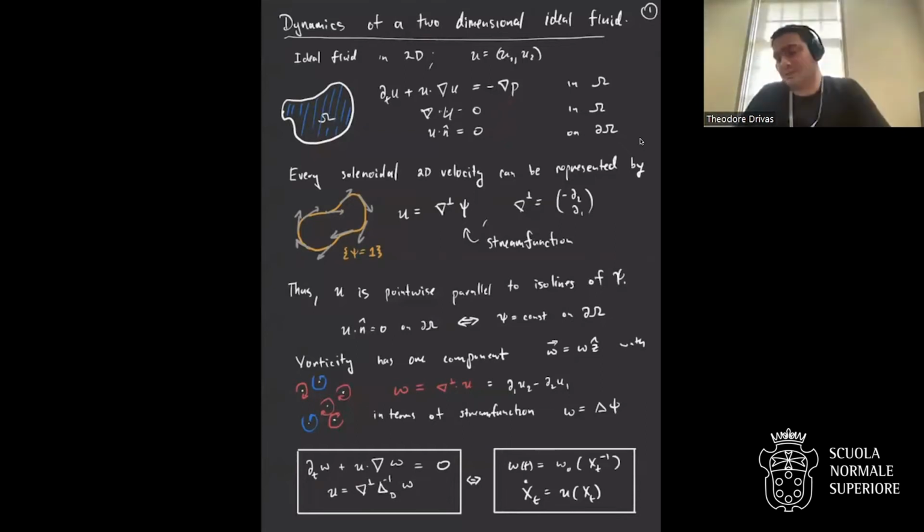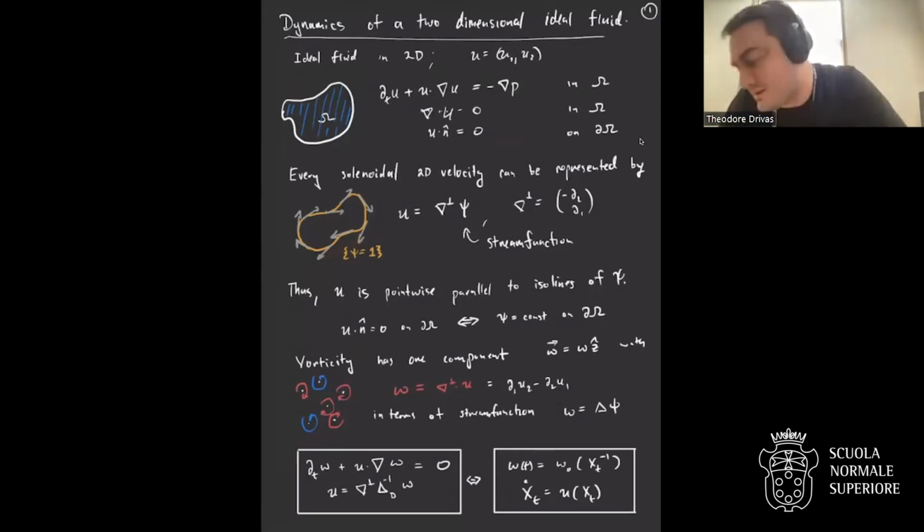And in 2 dimensions, as everybody here knows, there's this simplification that at each moment in time, you have a Hamiltonian for the divergence-free vector field U, which is called the stream function. The velocity is just the skew gradient of it. And that means that level sets of the stream function, which are called streamlines, coincide with the integral curves of the vector field U. So U is just pointwise tangent to these streamlines here.